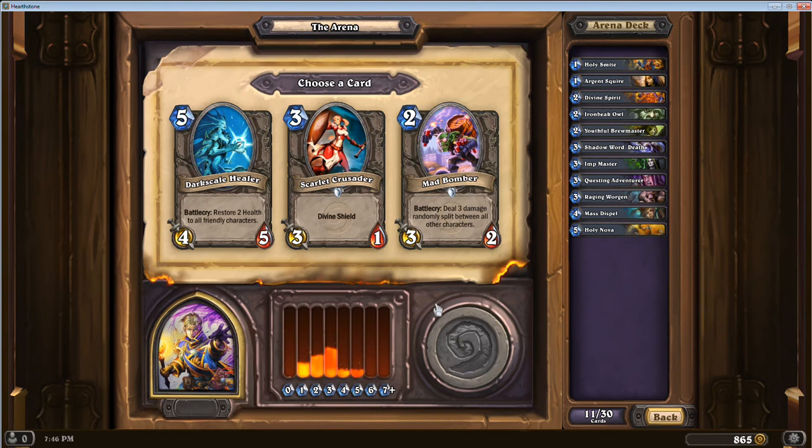Mad Bomber, well, I mean, if I put out the Worgen and then I throw out my Mad Bomber and the Mad Bomber hits him once and triggers my Worgen, that would be a nice combo. So, I usually don't take the Mad Bomber, but